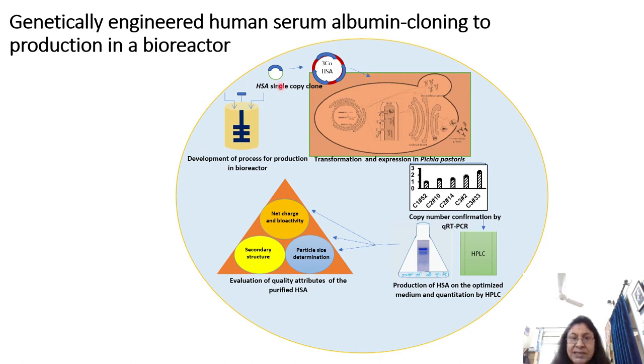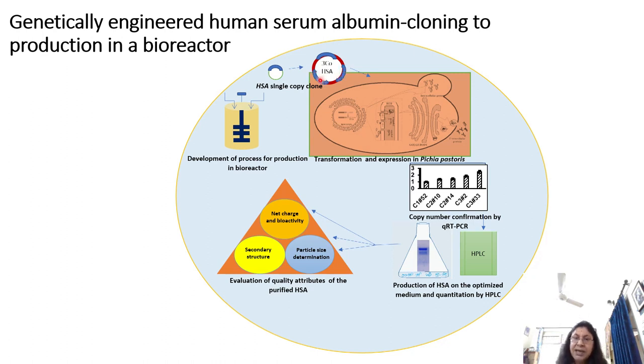So before I come to this part, let me just finish this part of the cycle. We first had a single copy clone here, and what you see in this picture is again a recombinant vector. The maroon part is the vector backbone, except that this vector now has 3 copies of the gene. One copy is shown by one arc, the second copy of this human serum albumin gene cassette is shown here, and the third copy is shown here.